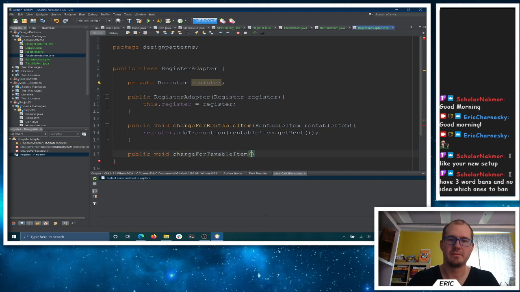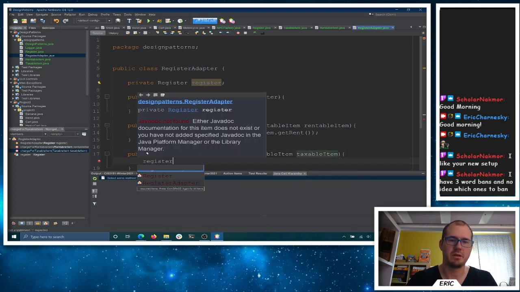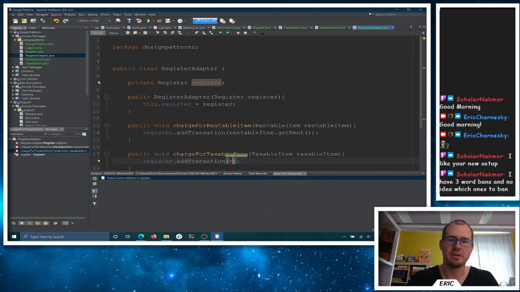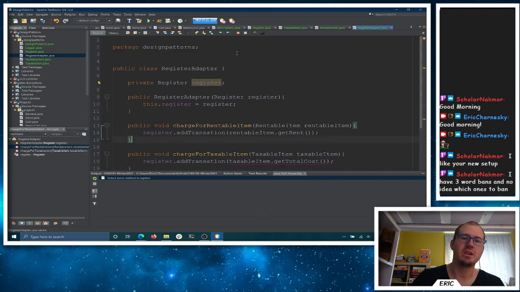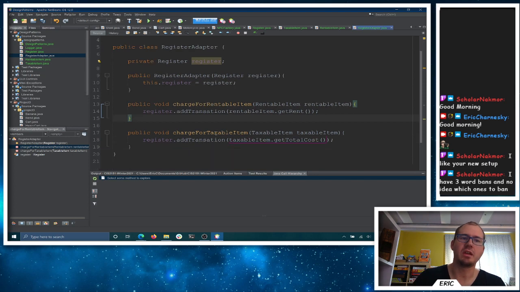Given a taxable item, sure. And we'll take my register and we'll add transaction for the taxable item, dot get total cost. So the adapter's job is to know how to work with the individual classes. Right? And if we need to add more capabilities, we can update the adapter, but the register itself doesn't have